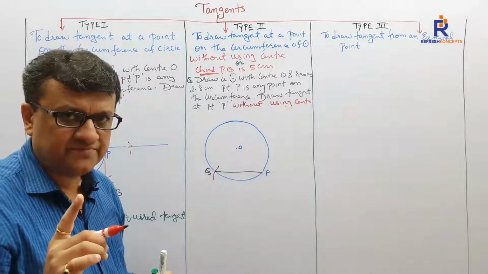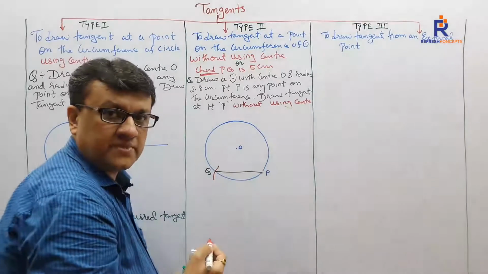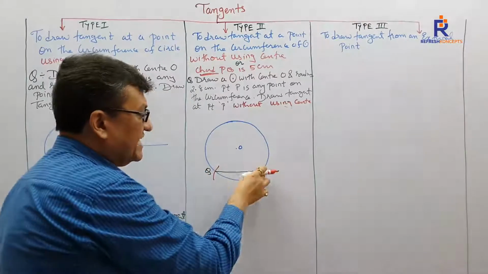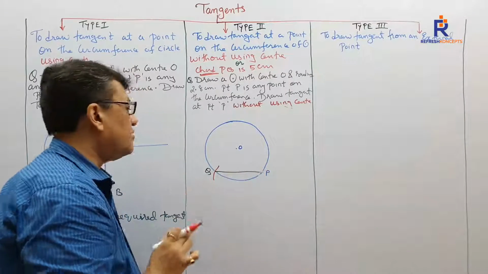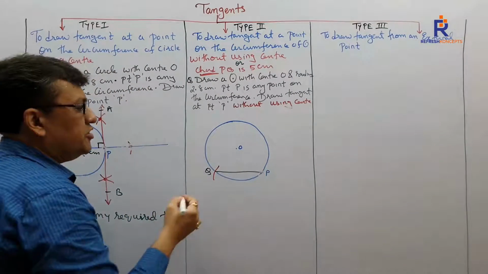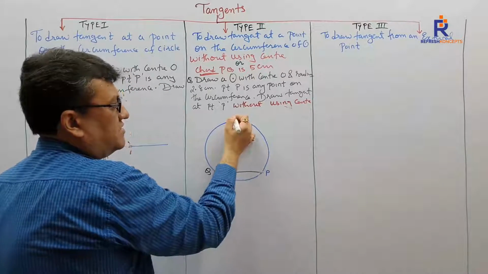Are you getting me, children? Right? So what we have done: a circle with center O, P is any point. Since the chord length is not given, we have taken any random chord, Q. Any problem? What next? Now you need to take a point on the other side of the chord, an extra